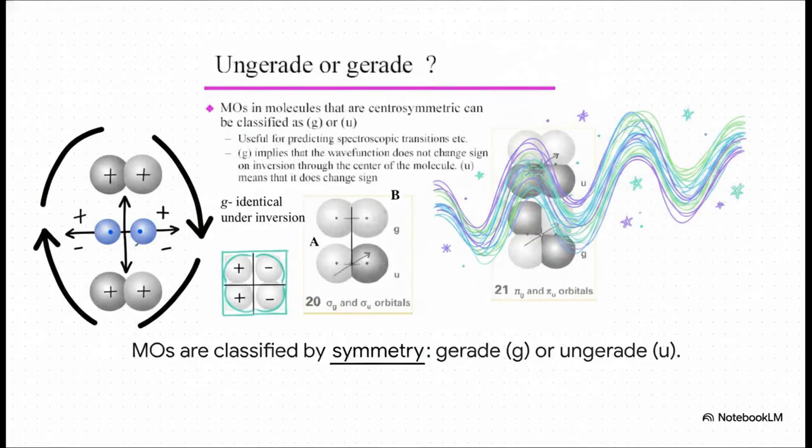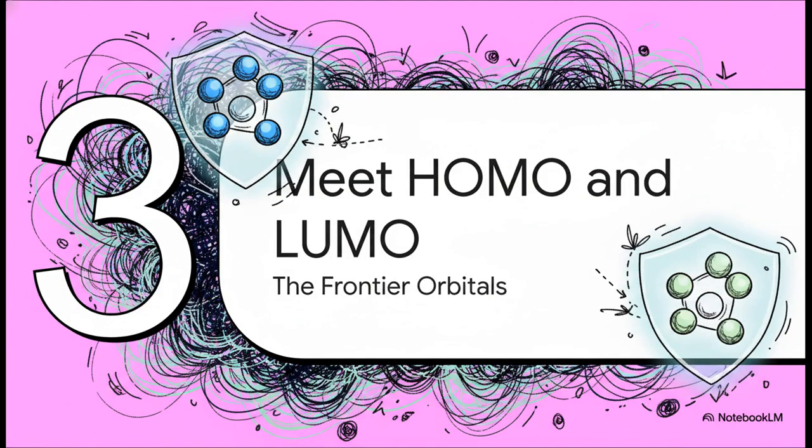On top of that, these orbital shapes follow some pretty strict symmetry rules. If you invert the molecular orbital right through its center and it looks perfectly identical,